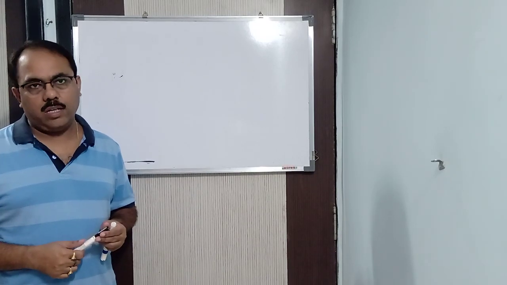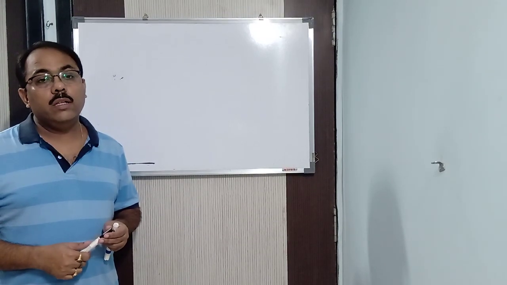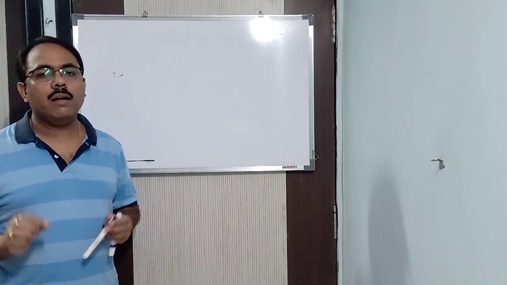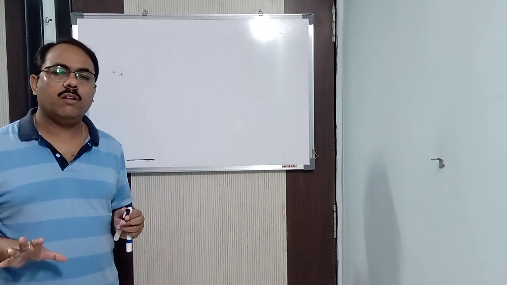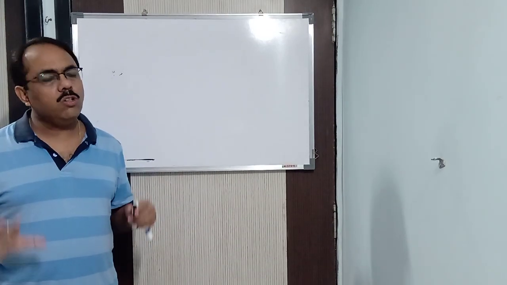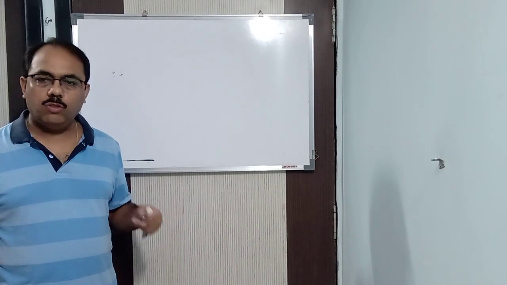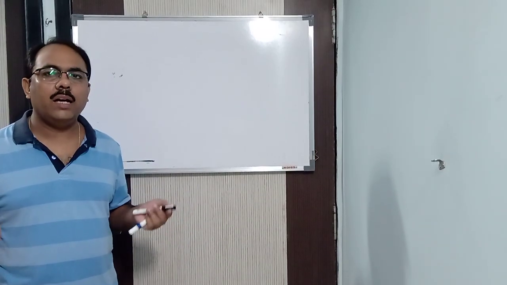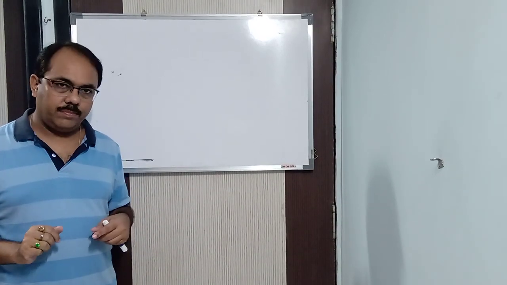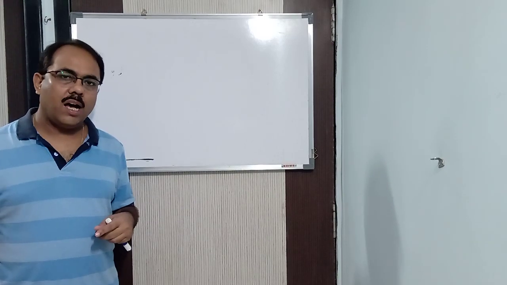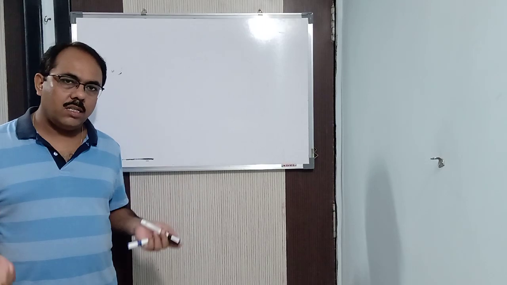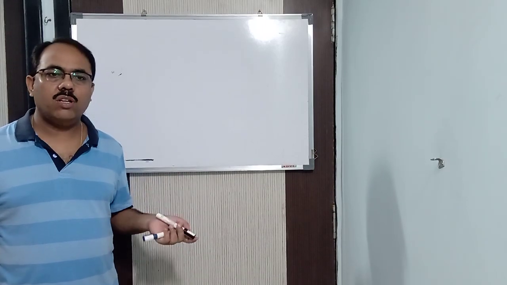Now, today what we are going to study, please write it down in your notebook. When two solutions of similar kinds are mixed, what is the resultant normality or the resultant molarity? Two or more than two solutions of similar kind are mixed. Similar kind means, suppose two or more acids are mixed or two or more bases are mixed. So what is the concentration of the resultant solution, we are going to calculate.